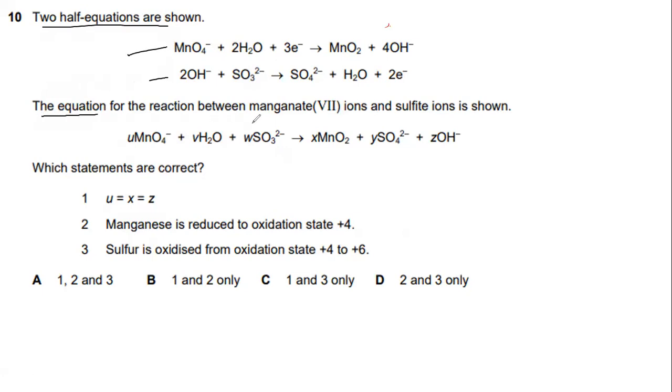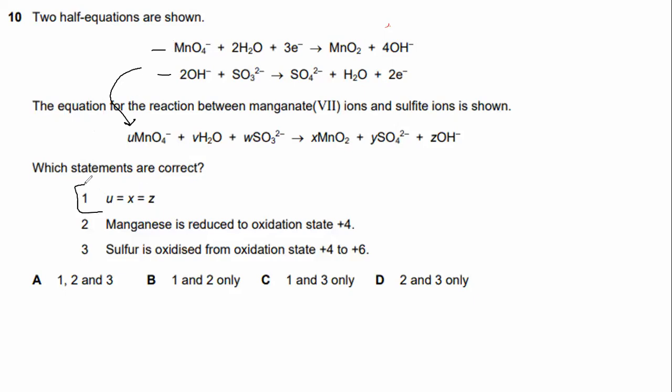The equation for the reaction between manganate ion and sulfate ion is shown here. Which statement is correct? Look guys, this equation is got from adding these two equations together. So if we add equation 1 with equation 2, we will get this equation. And to answer the question correctly,